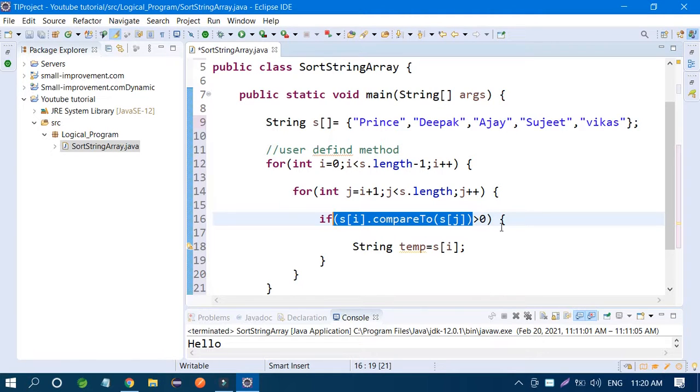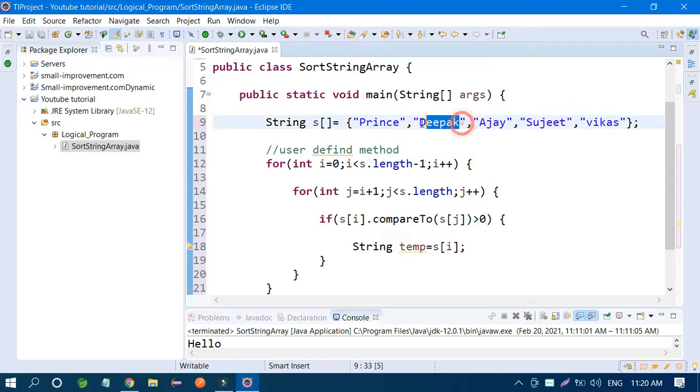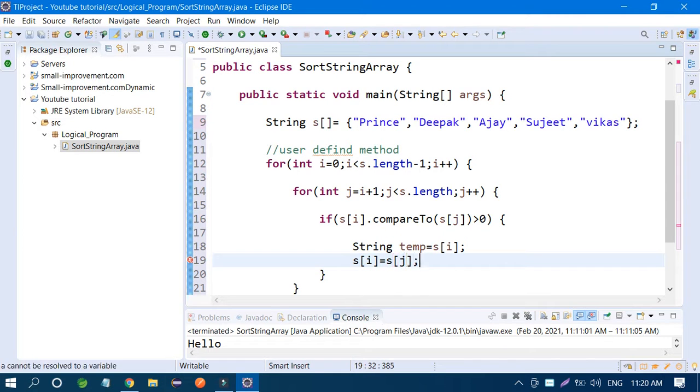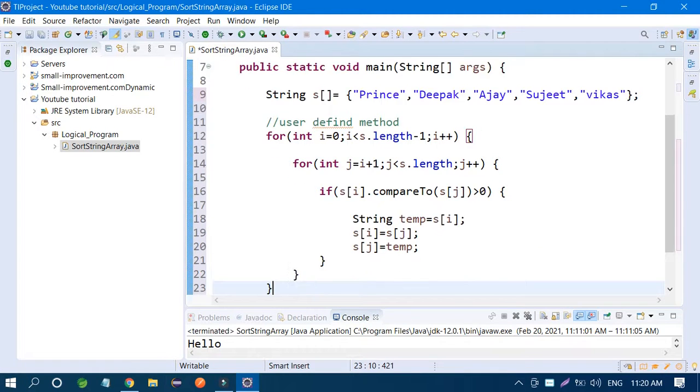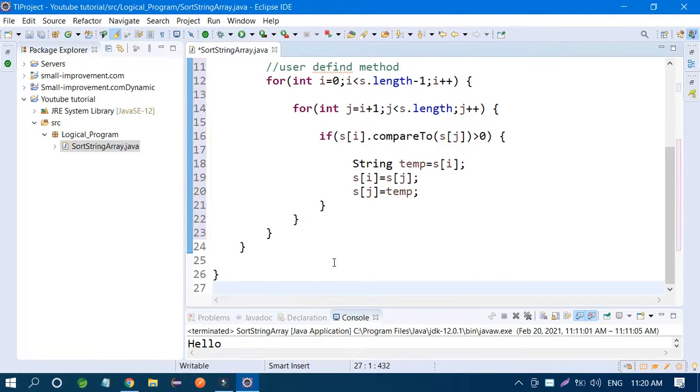For example, Deepak comes to Prince's position and Prince comes to Deepak's position, that's it. Then s of i equal to s of j, and s of j equal to temp. Completed.